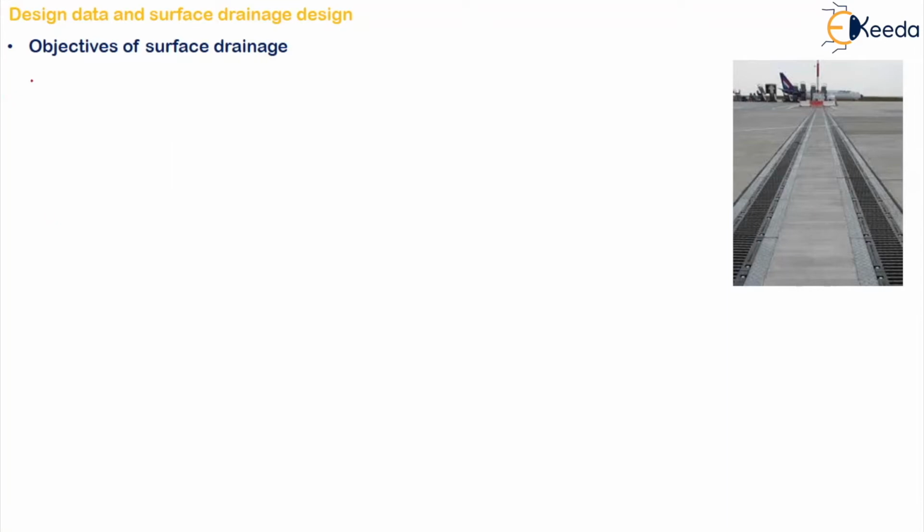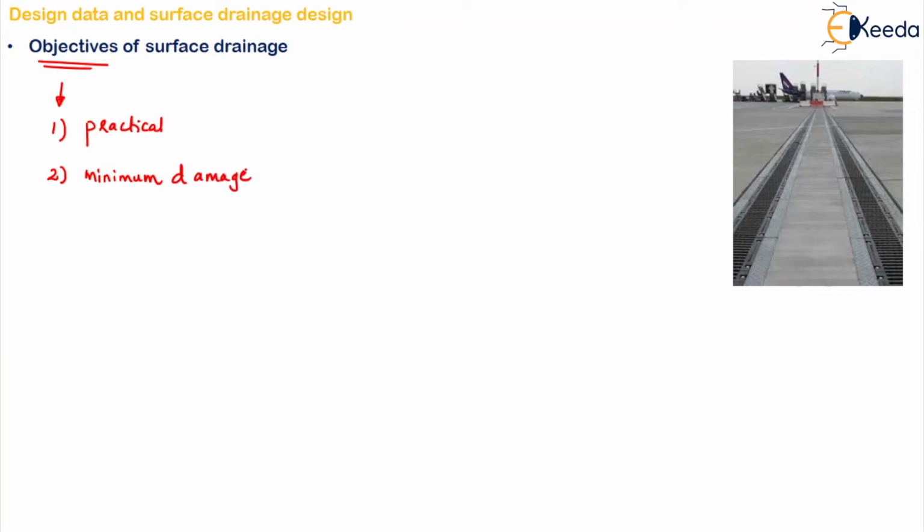Right, to have an economic feasibility we have to have certain objectives. So let us list out one by one what these are. The first one is that it should be practical. I mean, we have to practically be able to carry out the usual airport operation under all weather conditions when a surface drainage is given, right? The second one is the removal of the surface water from the storms having values greater than the design storm should be such that we can have minimum damage to the airfield